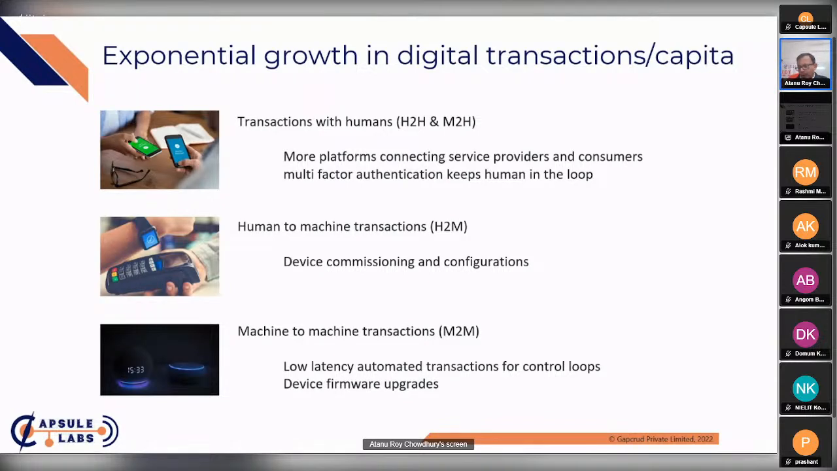So overall, the per capita transactions can only be expected to grow from here on. So that's why, because there are so many transactions being created, how do we create an infrastructure that allows us to manage these transactions effectively, in a form